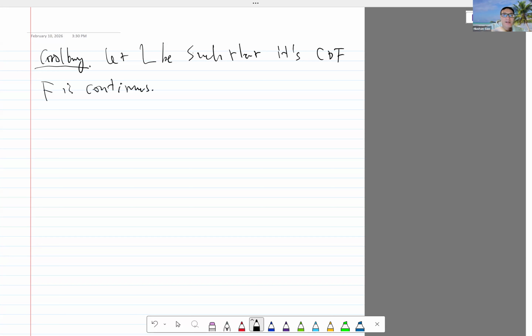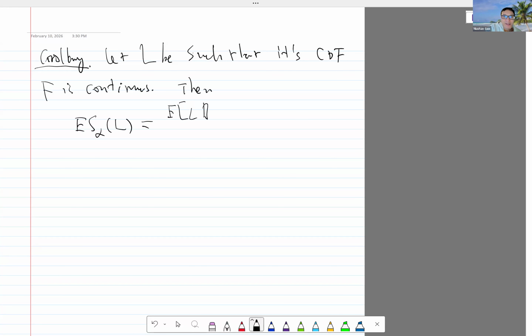Corollary: let L be such that its CDF, its cumulative distribution function F, is continuous, doesn't have jumps. Then the expression for expected form of L is actually